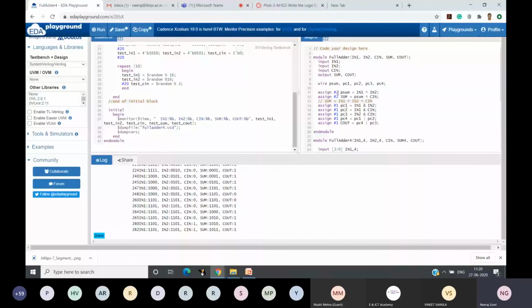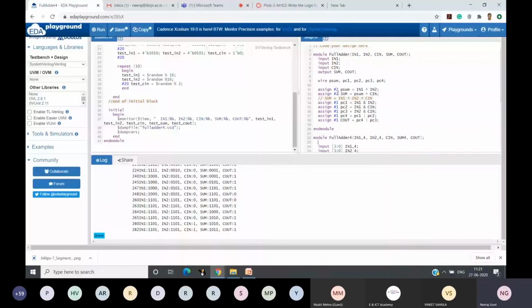Okay, so this is again a generic understanding, not like people still try to do it in different ways. So this is how we'll make a full adder. The next question is how we'll make a 4-bit full adder. So instead of making an n-bit full adder, first I am breaking this question into a simpler one that we would like to design or model. We would like to model a 4-bit adder.